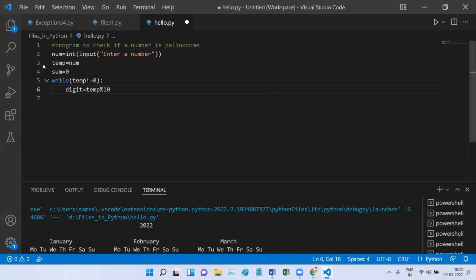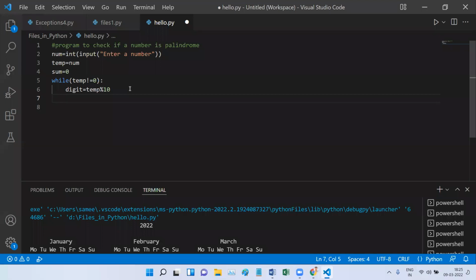So whenever, let's say you have 157, what is happening? 157 is modulo divided with 10, and then you are going to have 7 in your digit, right? So you have the units digit in your hand now. Given that, now you have to multiply 7 three times, right? So what you have to write is 7 into 7 into 7.